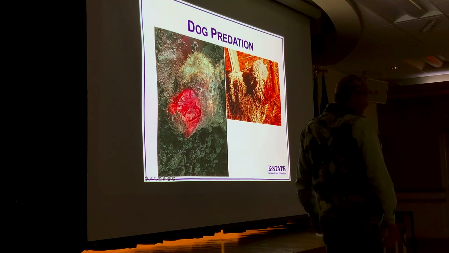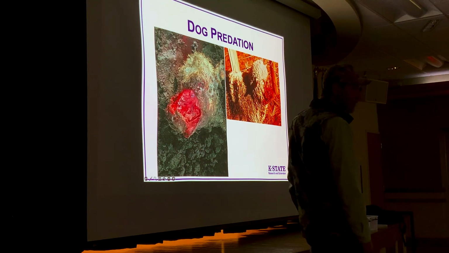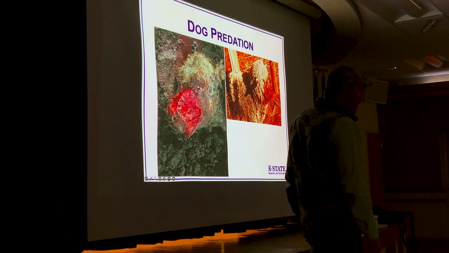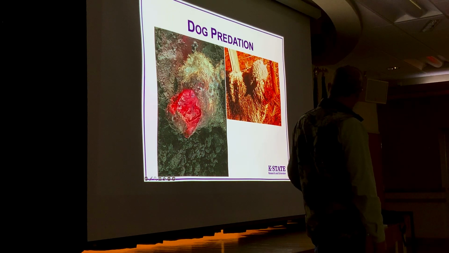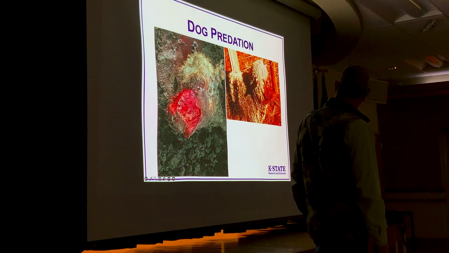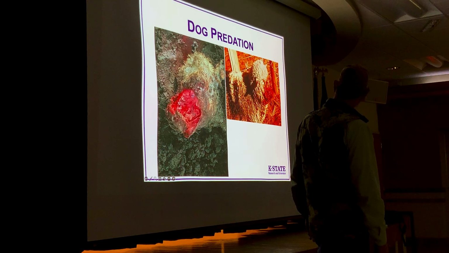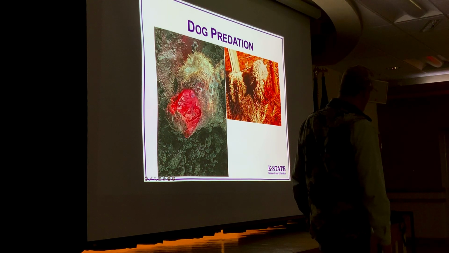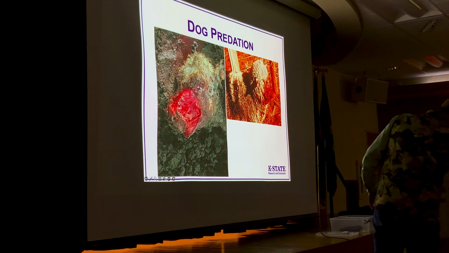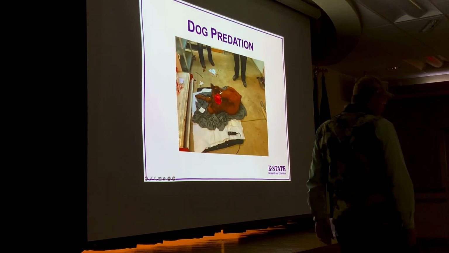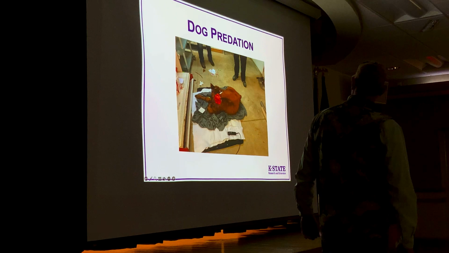We can also see some pretty bad mutilation of faces of young livestock. Coyotes will also do this, but when we've got animals that are still alive, especially smaller animals that have had that sort of chewing on them, it's typically a dog. Remember, dogs kill because they're bored. Coyotes kill because they're hungry. That dog was over by Norton.